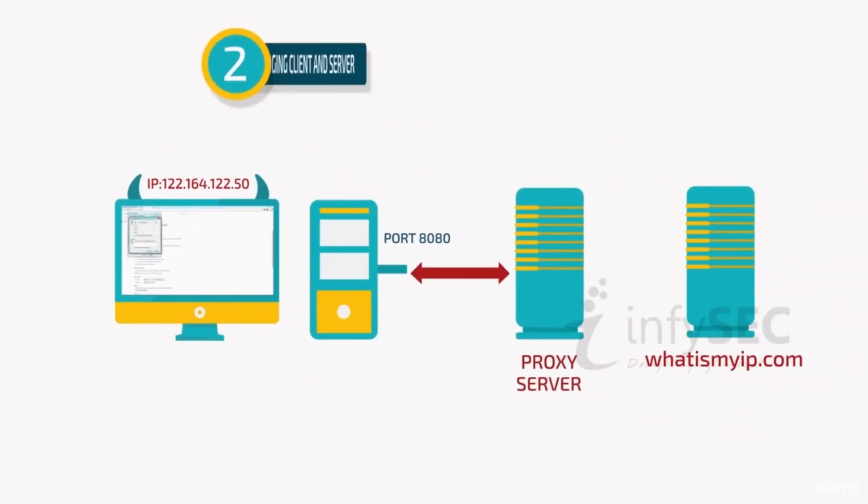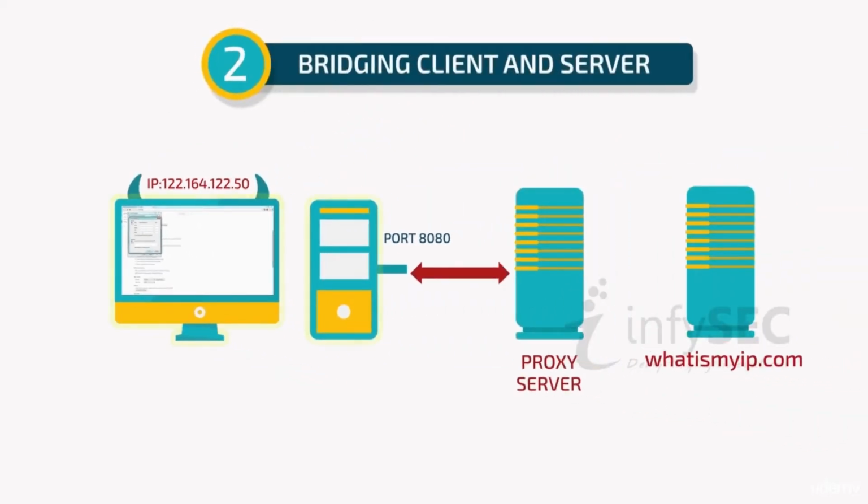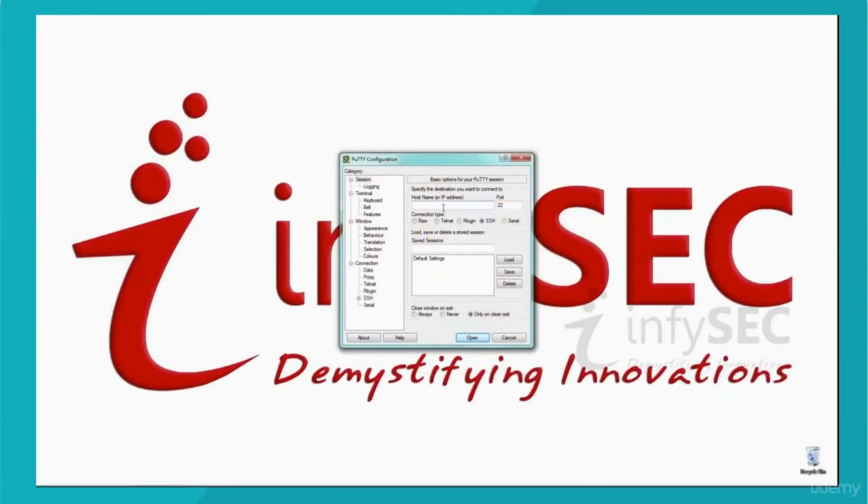Step 2. Bridging client and server. Creating a bridge between the client's port as the source port and the remote server port as the destination port can be done using an SSH client application, such as PuTTY. The configuration of PuTTY is done by entering the settings pertaining to the remote server that requires the name of the remote server, for example shell.cjb.net,